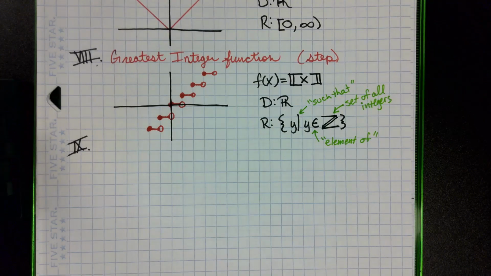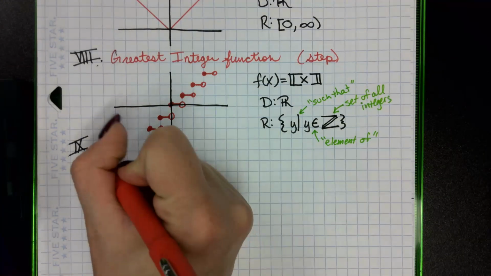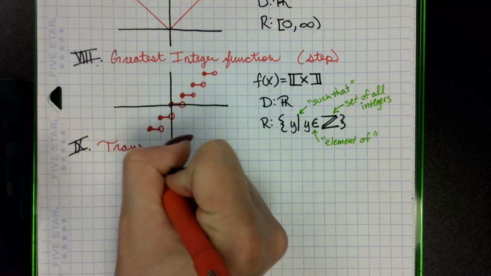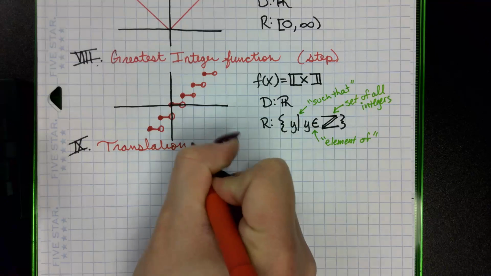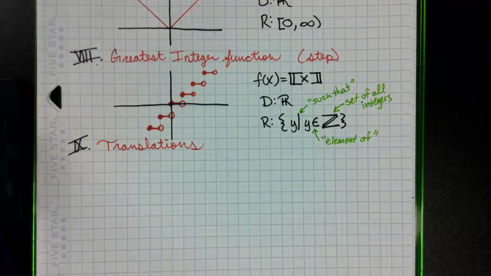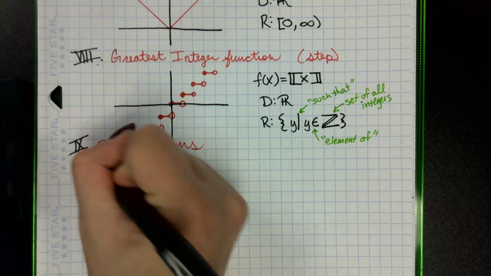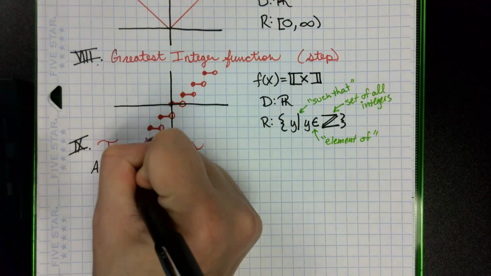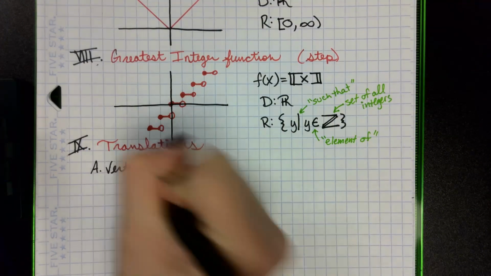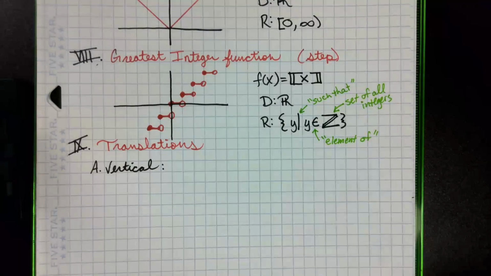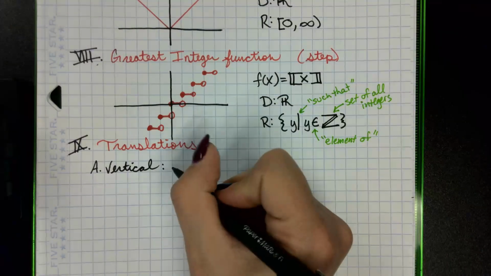All right, so part 9 in the notes, 1.4, is where we begin transformations. Well, first we're going to talk about translations. We have a vertical translation. And your instructions on your homework problem would be something like graph